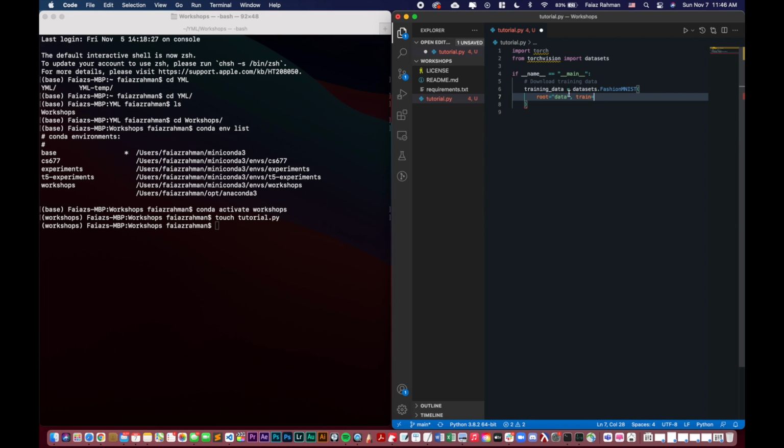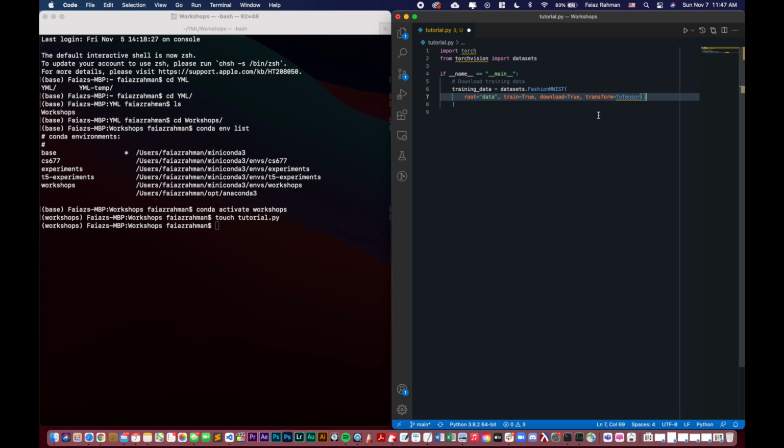Are we using our training data? Yes, for this case, we want our training data, so we'll do train equals true. Download equals true means we're assuming we don't have this downloaded already, which we don't. So we'll set download equals true, and then we'll also do a transform to tensor. And again, a tensor is just a kind of multi-dimensional array. You can think of it as able to store any kind of array or matrix, so we'll just turn